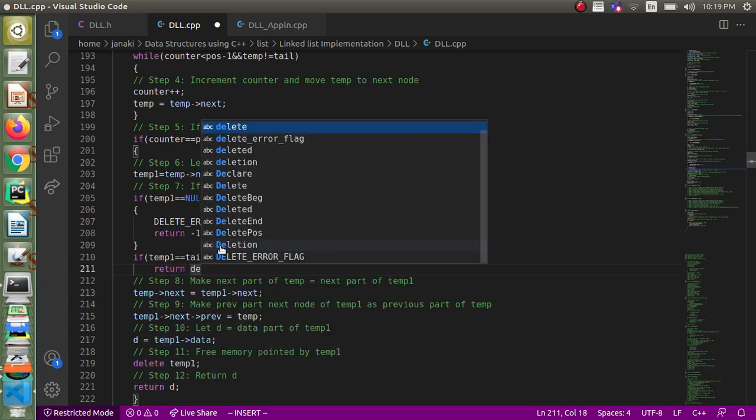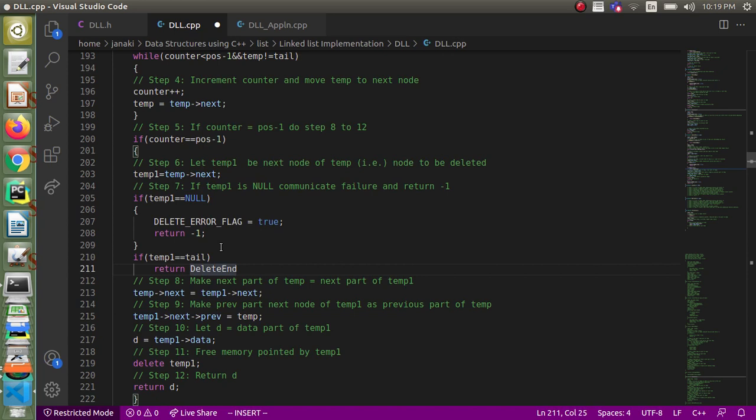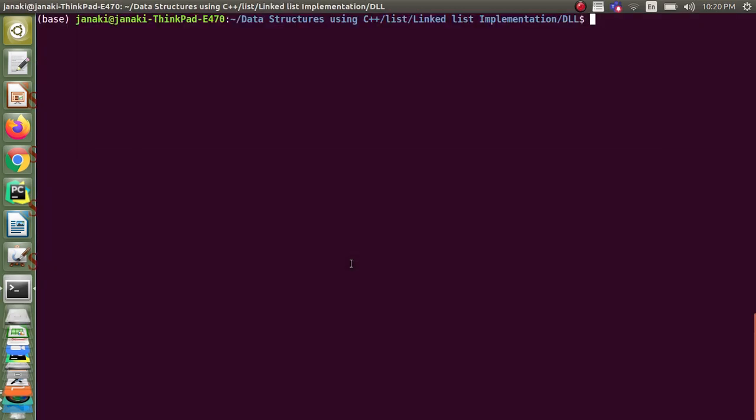That should be considered separately, because when we are deleting the last node, you have to move tail to the previous node and make its next part null, and so on, right? So let's call the delete end function for the case when we are trying to delete the last node. Okay, so let's compile the code and check it.